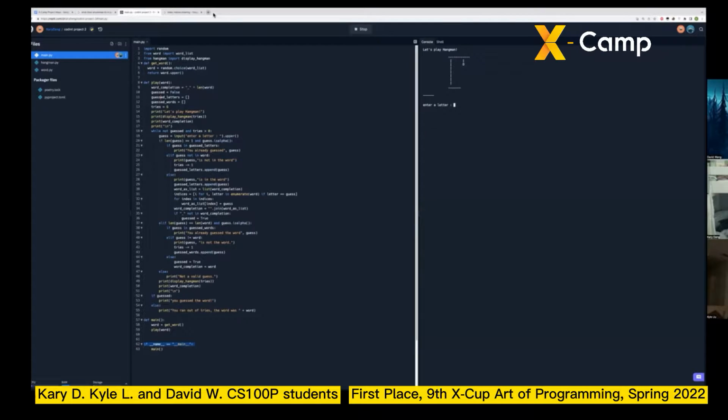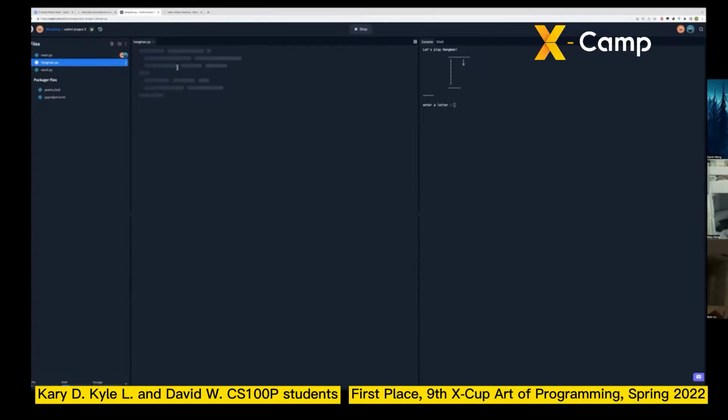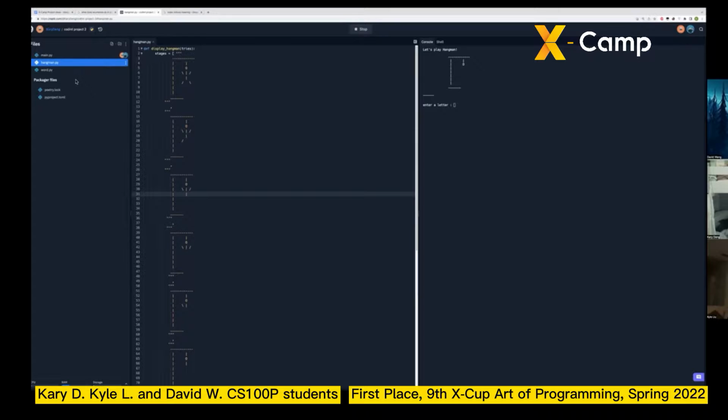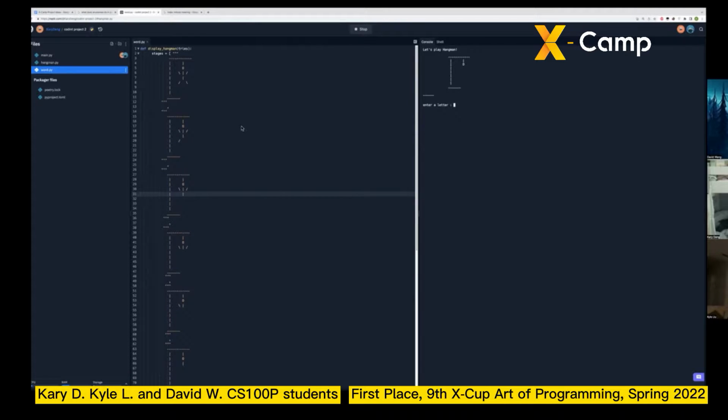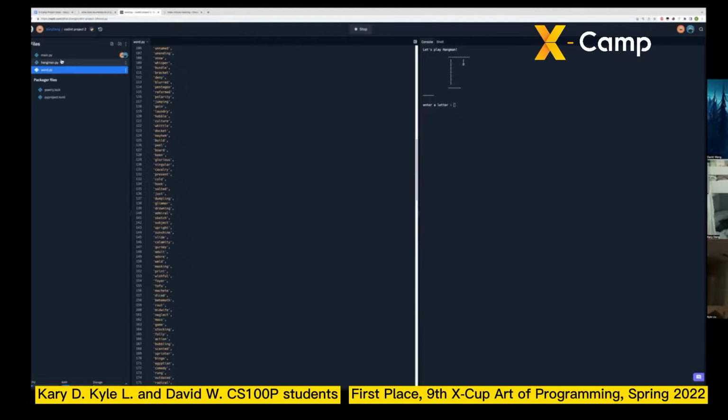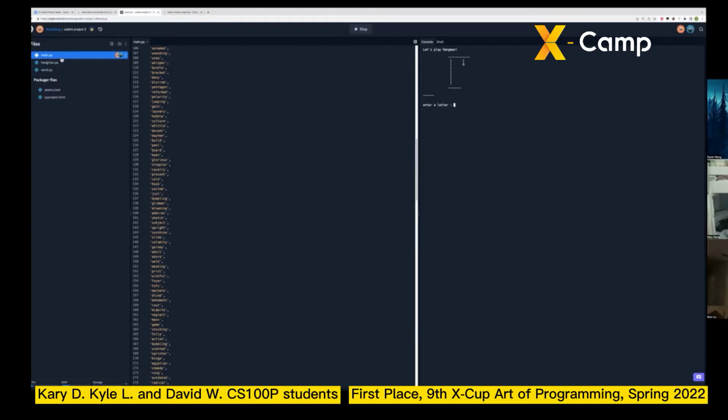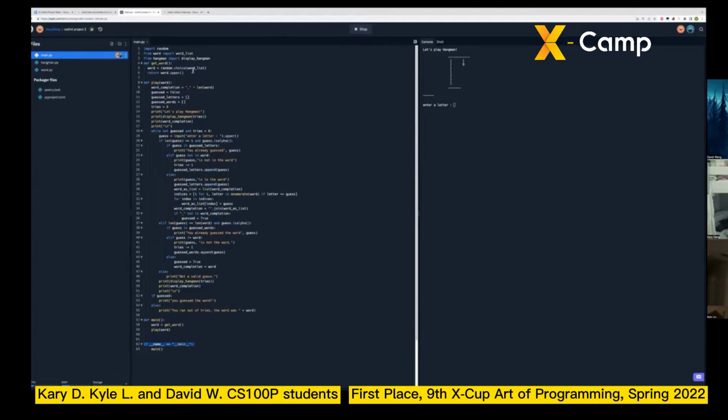This is our code for our game. We have 3 different files: main.py; hangman.py, which is the stages of how we draw our hangman; and word.py, which is a bunch of words that we got from the internet for our game. So we basically just import the word list and import hangman, and then we pick a random word